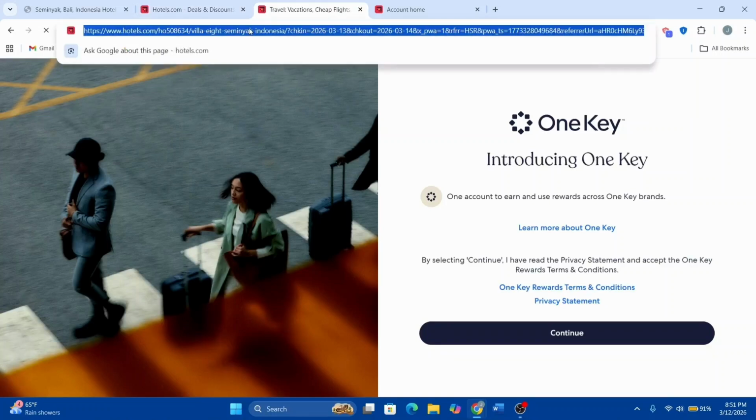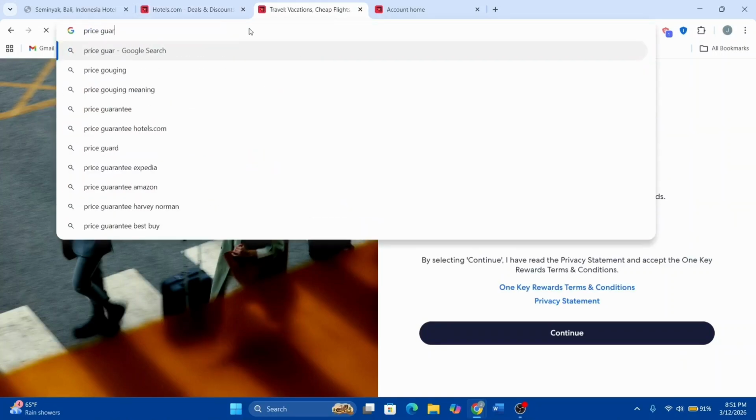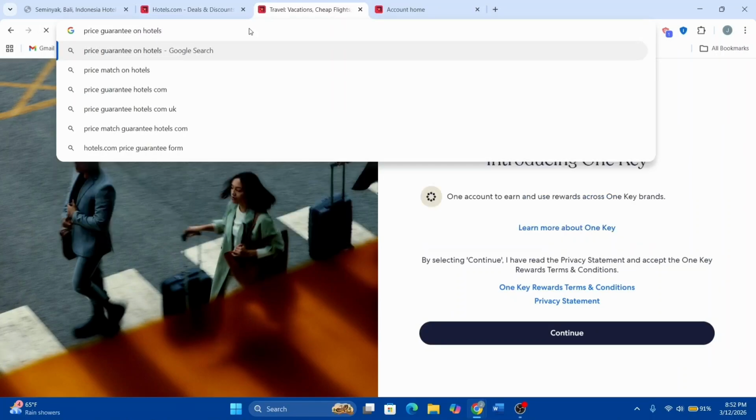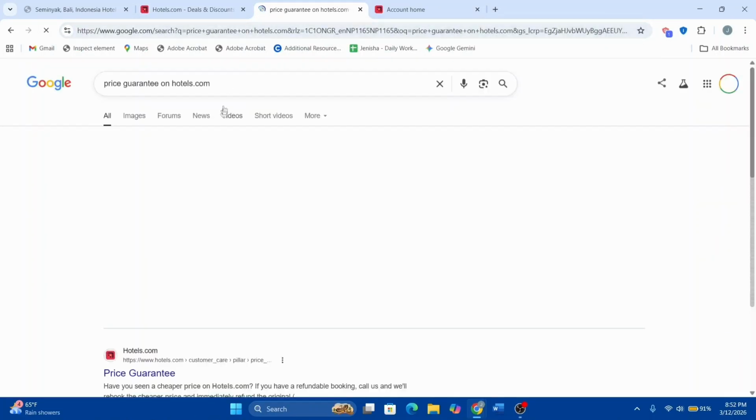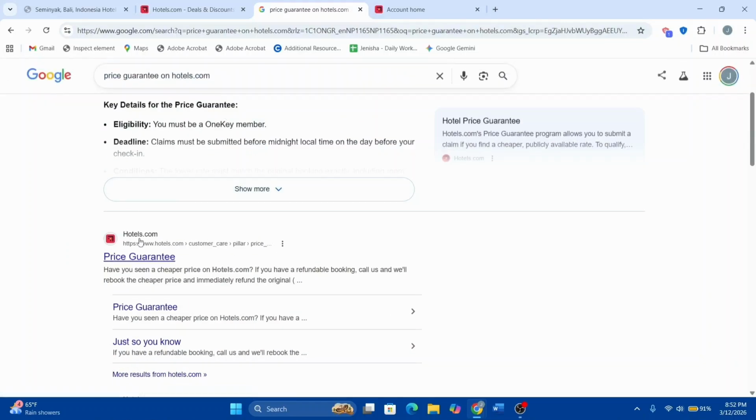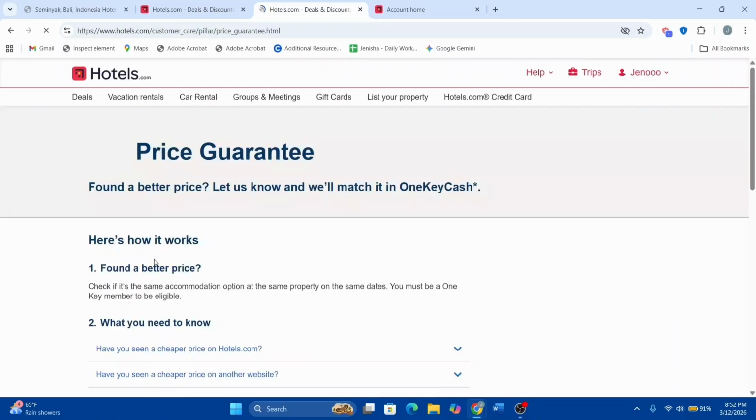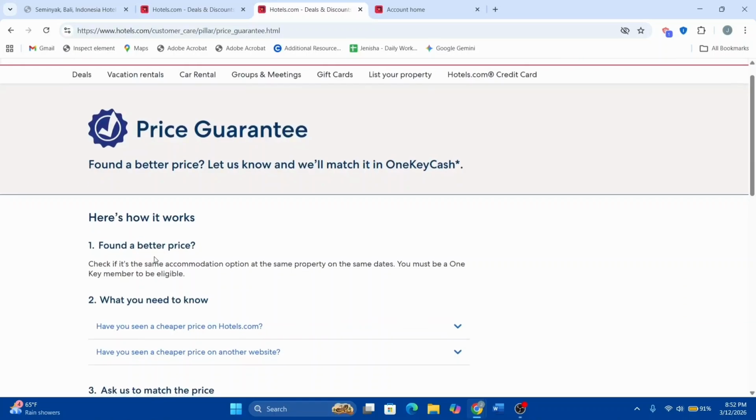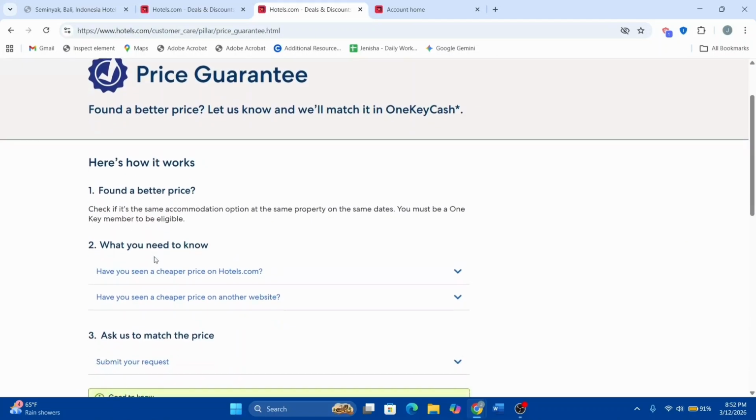Let's search for it, price guarantee on hotels.com. And hit enter, and when we do, we'll be finding this link here. We can go to their customer care link from within price guarantee, and once we open up this page here, we'll be finding everything. So here we can see this section where it will show us how it works, and